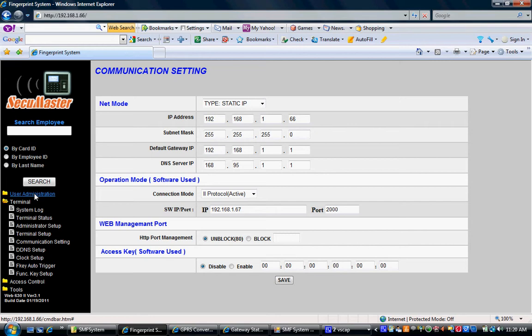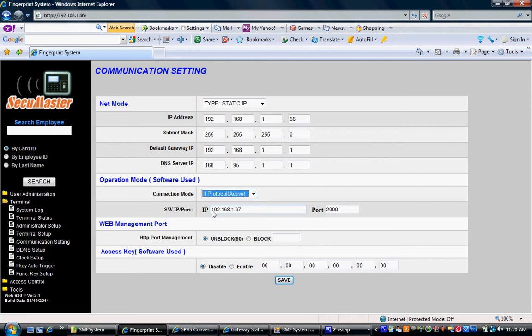Under this SMF 631 or 670, there is a special firmware for the GPRS application. Under this firmware, we need to do a setting for the communication. Go to terminal, communication setting. We need to select the connection mode as protocol 2 active mode and the software IP and port, because the SMF fingerprint terminal is sending the transaction logs to the GPRS modem.